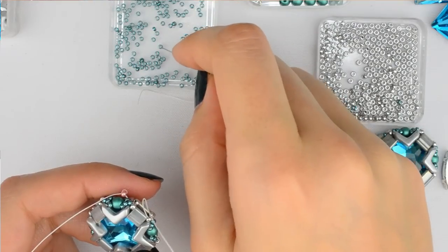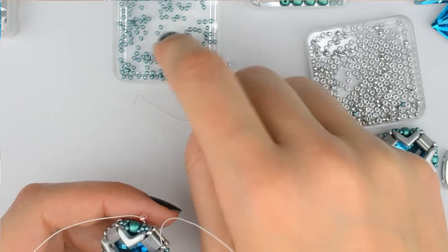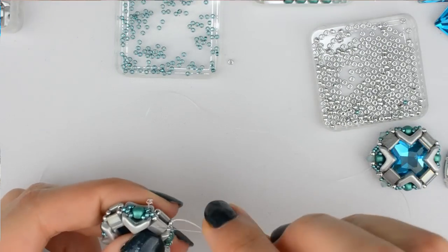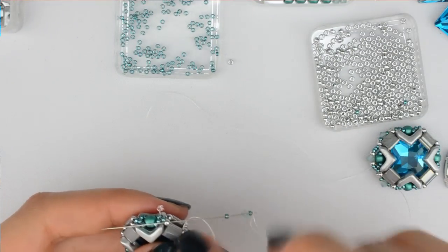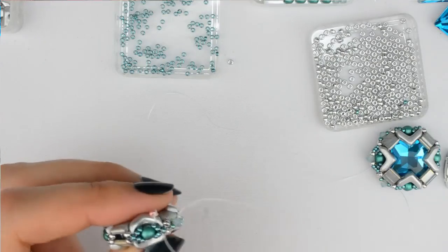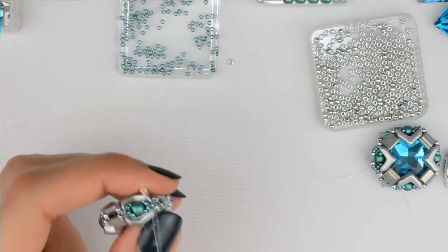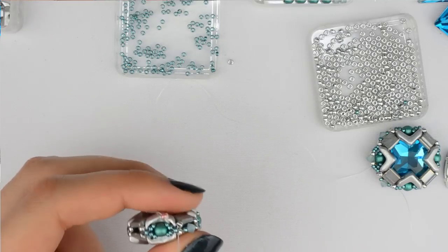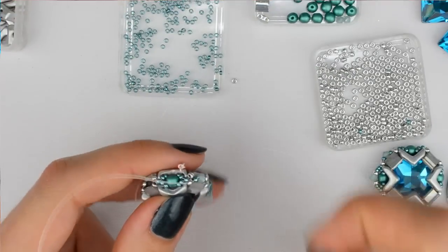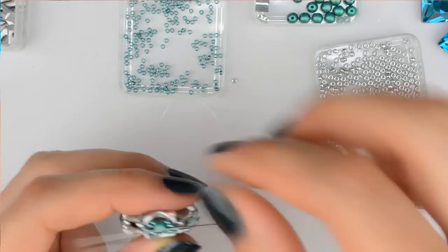Then pick one 15-0, one Swarovski bicone, and one 15-0. Then go through the 11-0 in the front, so that's the first embellishment. Then go through the 15-0 in the crossing,